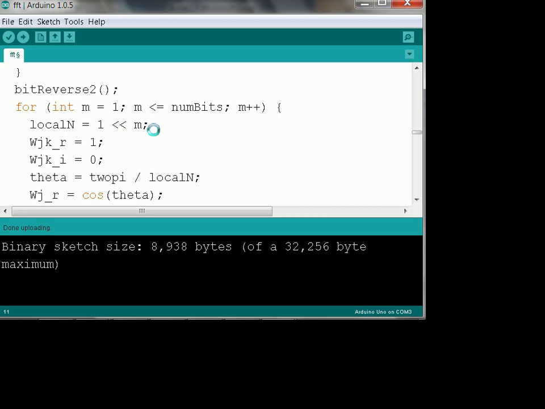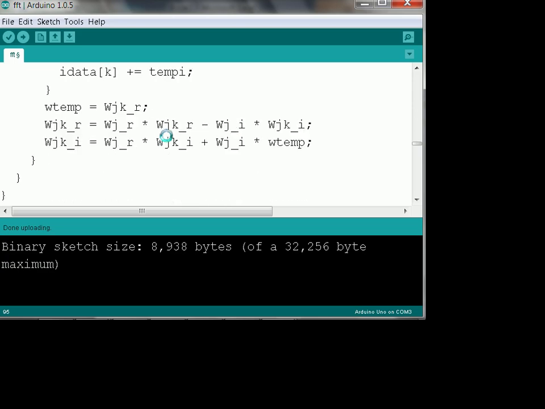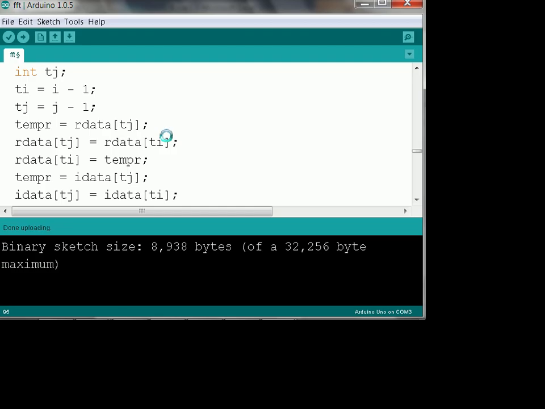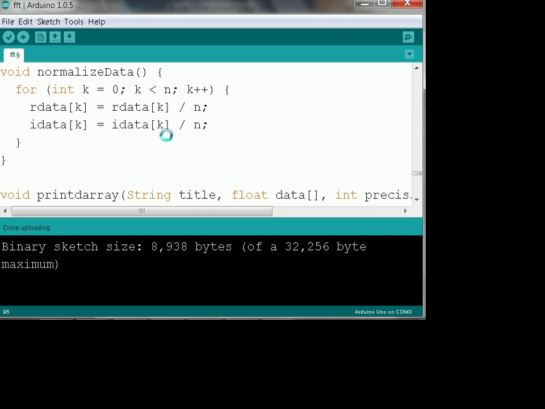How come you keep recomputing 1 to the m or 2 to the m? Can't you compute that just once? M doesn't change, right? Well, it's inside the for loop, so yeah, that should be outside the for loop, shouldn't it? That was a direct copy from Java. Well, I know, but M is the loop variable, so it just changes. M is changing. Yes, yes, yes. Okay. No, that's efficient. I see nothing really wrong with anything that you've done here. It's all very fine. So what I would do is